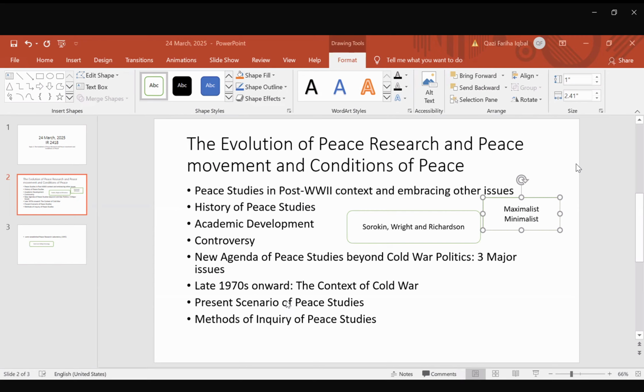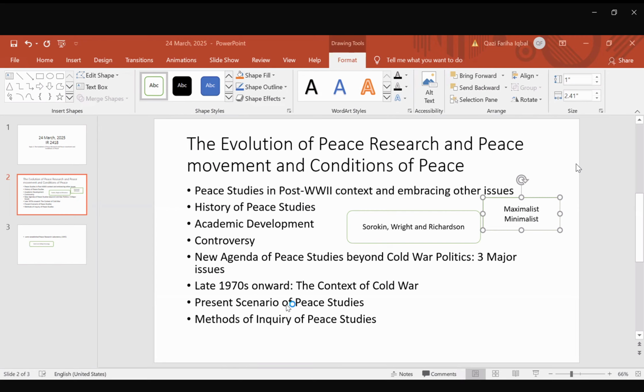The peace researchers are very frequently engaging with different NGOs, different government departments, and also they are involving with different intergovernmental agencies also. So that means the scholars are simultaneously engaged in theoretical development and also in dealing with practical issues. So these are the 7 major areas of the present scenario of peace studies, or the present focal points of peace studies.